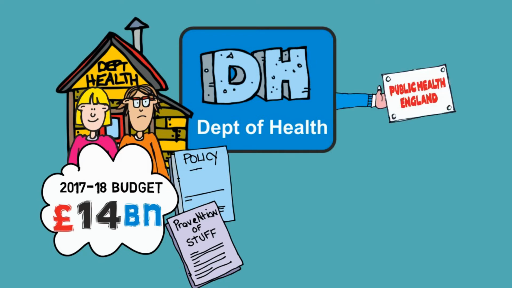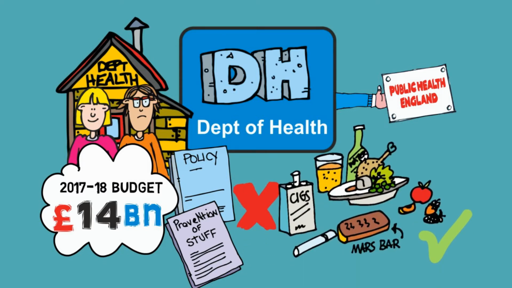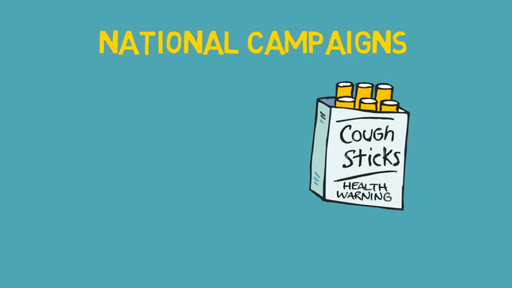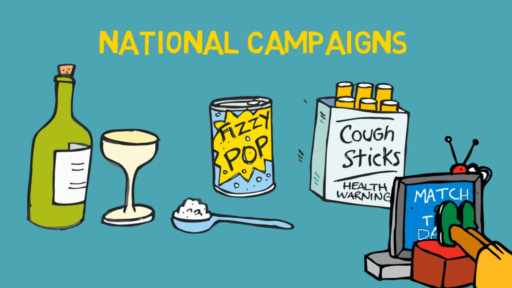Its main agency arm is Public Health England, which focuses on prevention of ill health by looking at the key factors relating to our lifestyles, which can have such a detrimental impact on our health. They run a variety of national campaigns to do with smoking, reducing high sugar diets, alcohol intake and exercise.